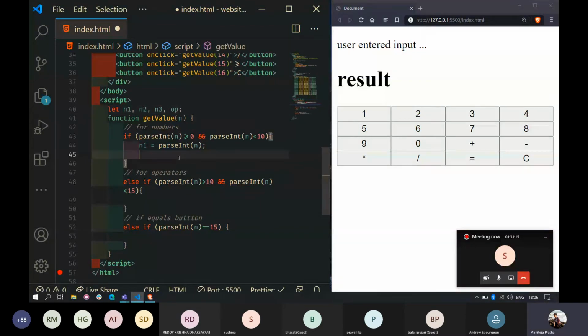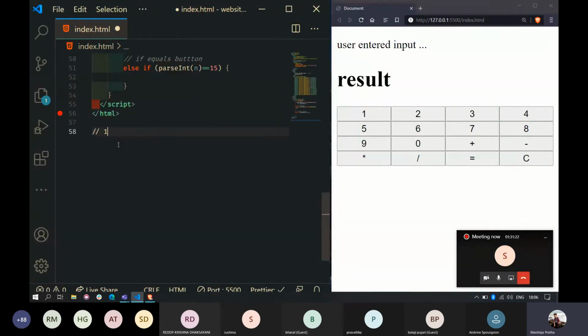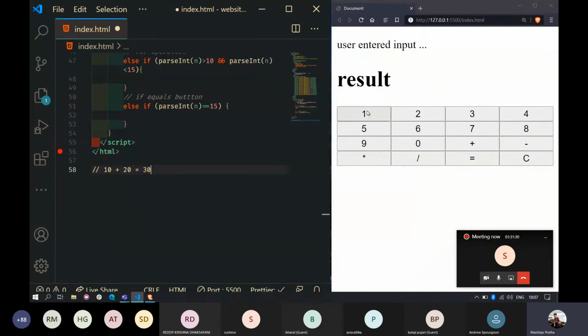Now observe this carefully. This is the main logic. 10 plus 20 equals 30. Let's do it for a small case, 1 plus 2, okay? When the user enters 1, how can we say whether it is the first argument or the second argument? What I'm asking is, when the user enters 1 plus 2, how can we find this as the left argument or this as the right argument?